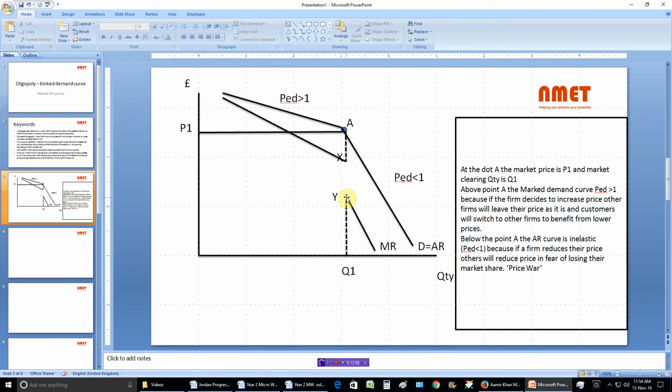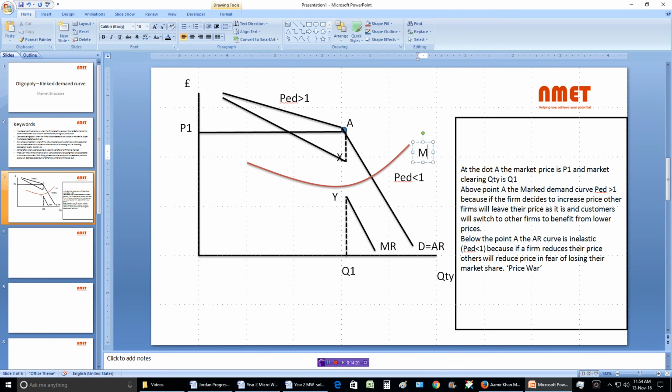So this region between X and Y is discontinuous. This is because of the kink. Now what this also means is, if we have our marginal cost curve passing through the discontinuous section of this X and Y,